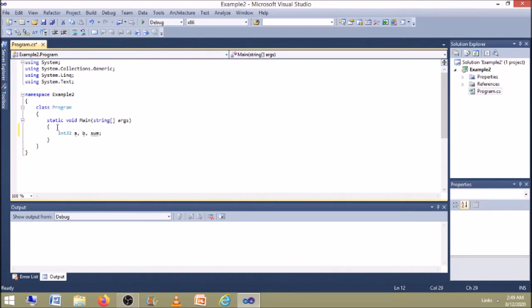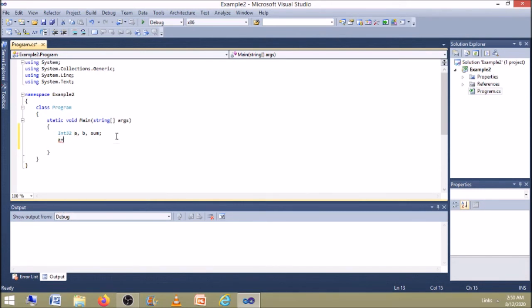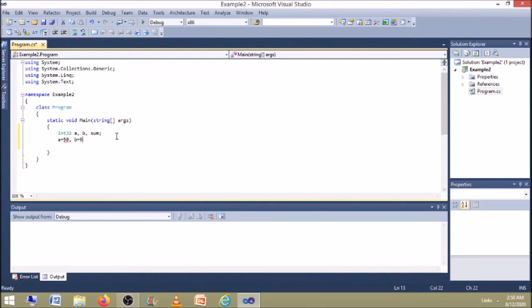A statement should end with a semicolon. Next, Enter. I assign the value for a; if I press a, it should be in the keyword list. So now it should be included in the IntelliSense. Then only it is correct. The declaration is correct. All the variables which are declared by the users will be included in the IntelliSense list now. Okay, so now a equal to 50, comma b. Again it shows the word b, equal to 90, semicolon. Okay. Next, sum.